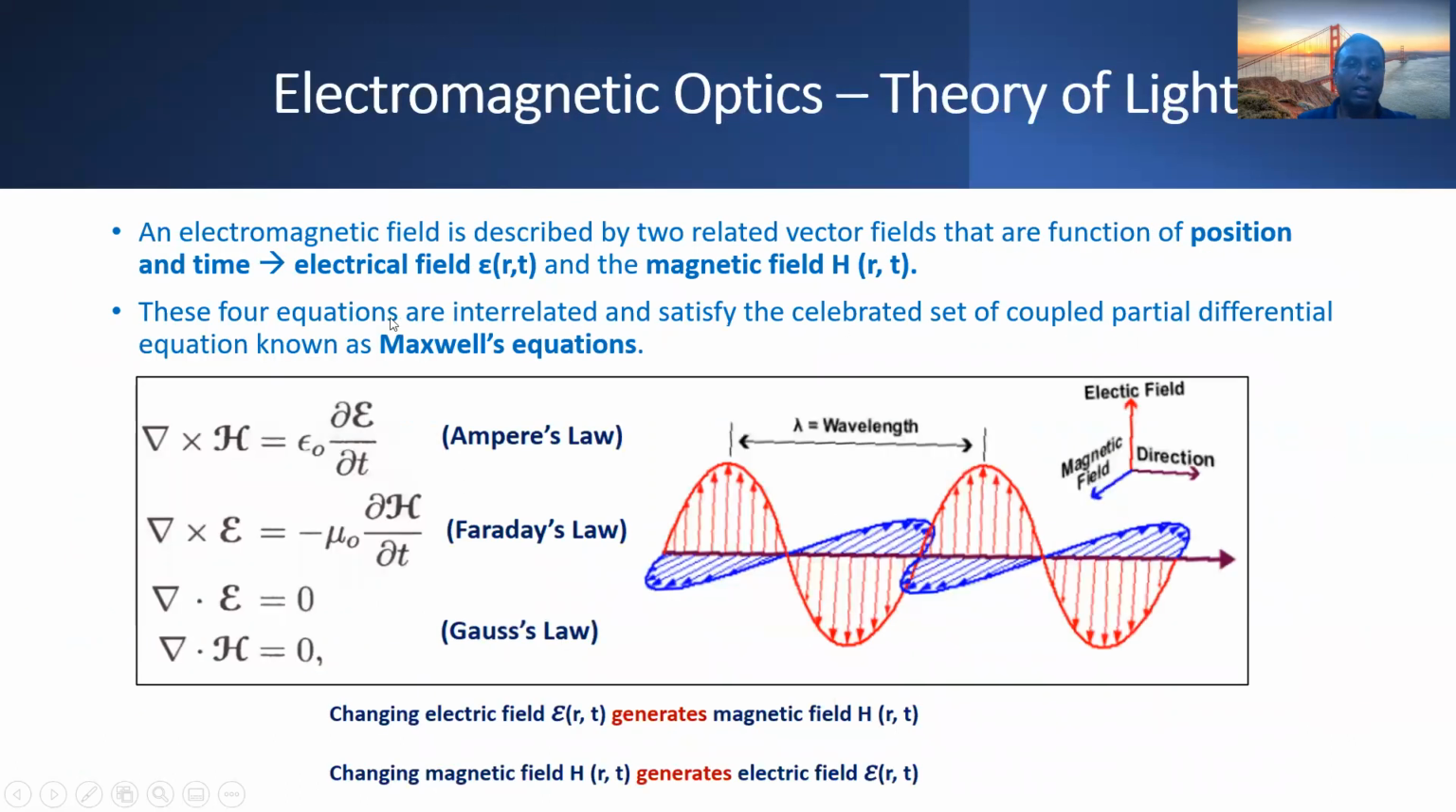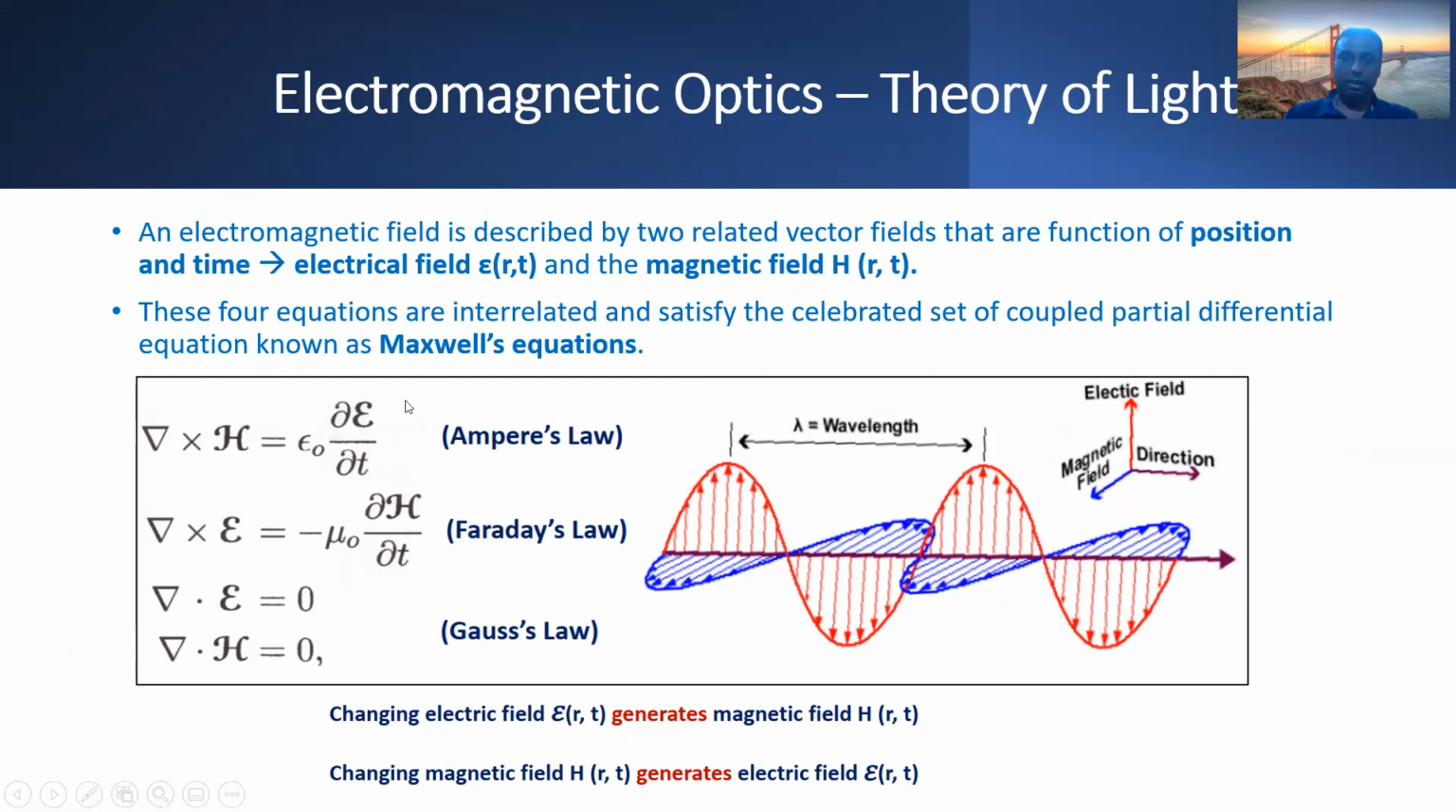Theory of light. An electromagnetic field is described by two related vector fields that are functions of position and time, also given by the electric field and also the magnetic field. These four equations are interrelated and satisfy the celebrated set of coupled partial differential equations known as the Maxwell equations, of which the first one is Ampere's law, that is